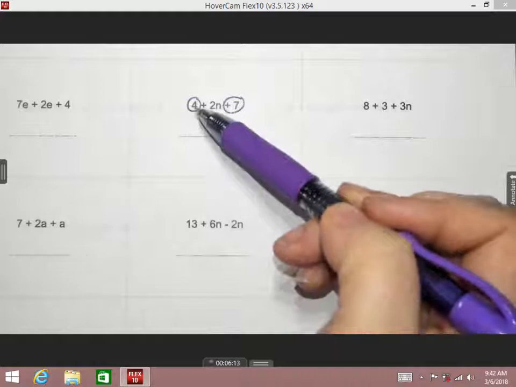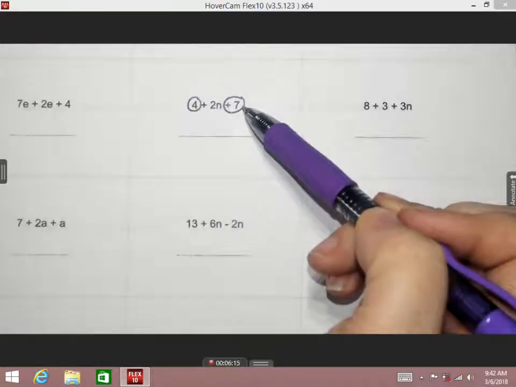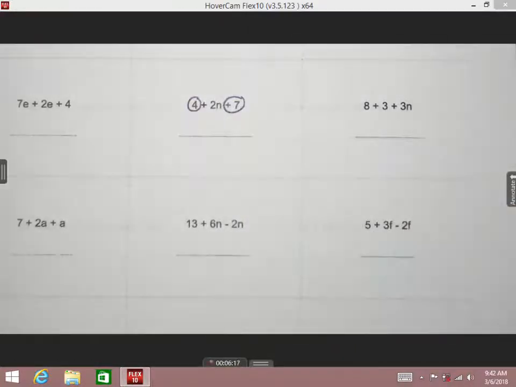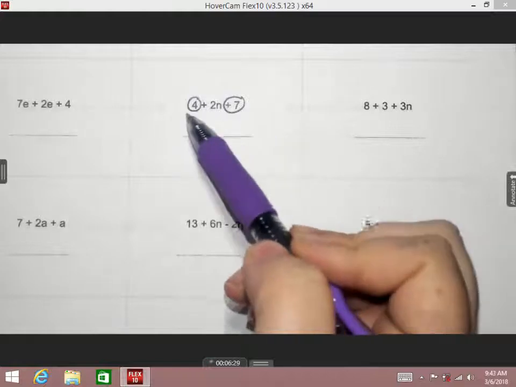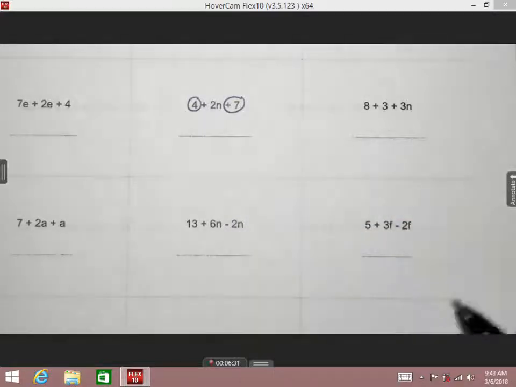Now, when we said like terms, we said they have the exact same variable. Does 4 have a variable? No. But does 7 have a variable? No. So by them both not having any variable at all, is that the same thing? Yeah, they both have nothing. So since 4 has nothing, 7 has nothing, they're like. Okay, so now when I do 4 plus 7, which gives me, Luke,